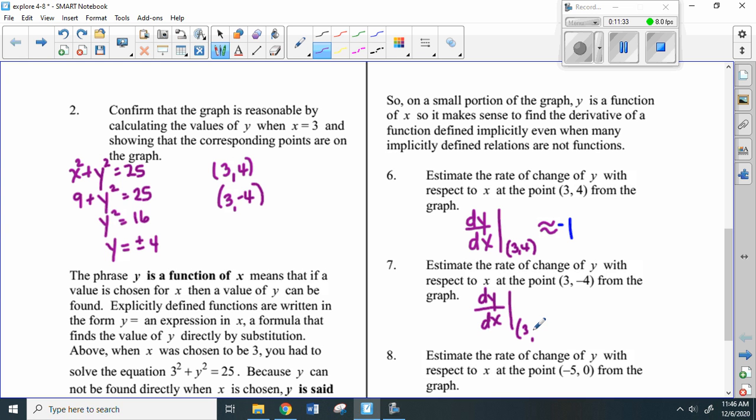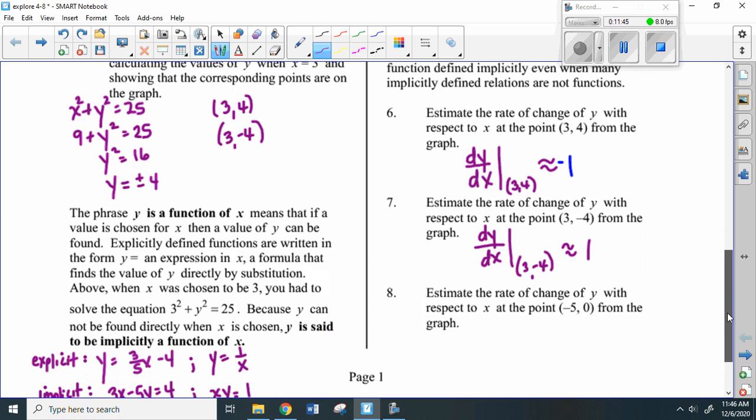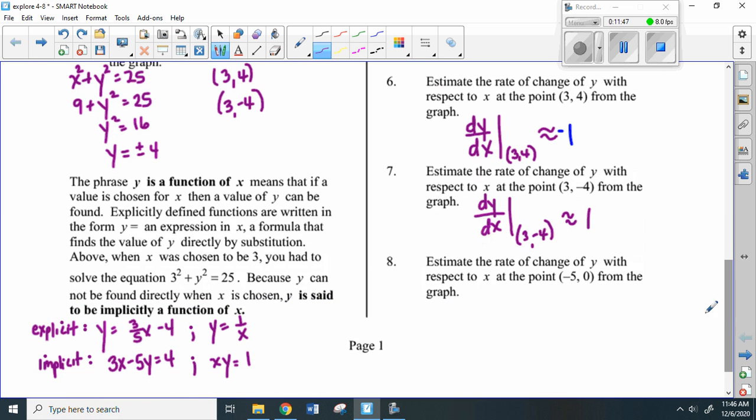I did 3, -4. I didn't mean to do that one first, but that's the one that we said was approximately 1. If you wanted to put like a fraction that was a little bit smaller than 1, that's certainly fine, because it wasn't perfect. Remember, we're estimating. All right, and then the next one says estimate the rate of change of y with respect to x at the point